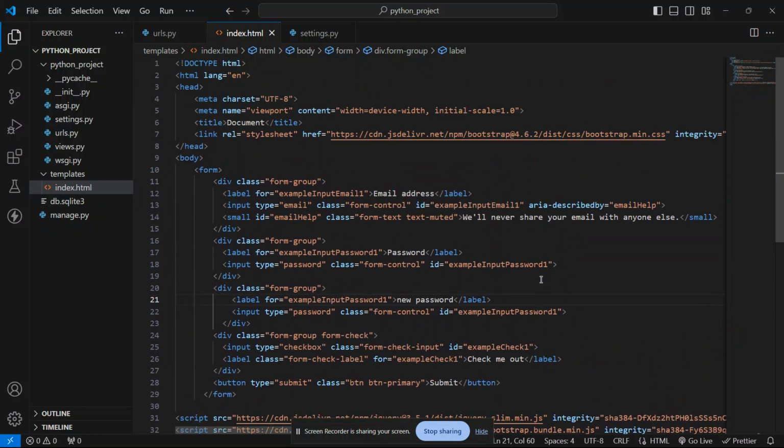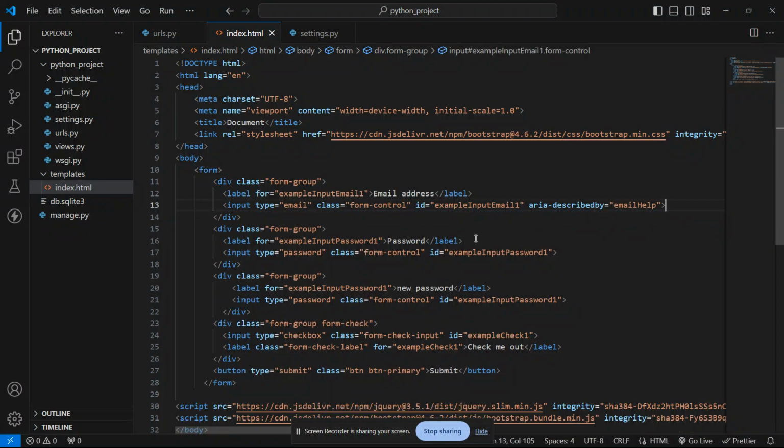Here you can make as many changes as you want. Like I don't want this line, so I'm deleting it. And this is a name.